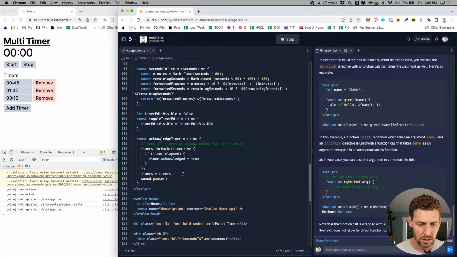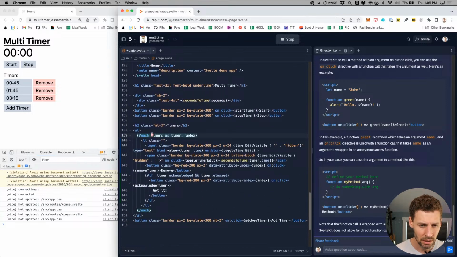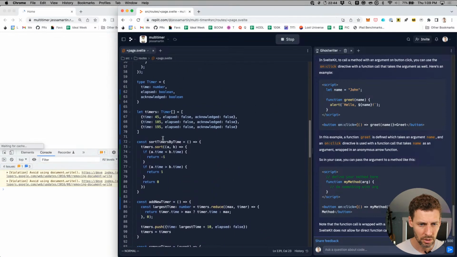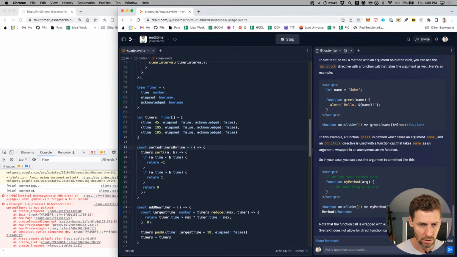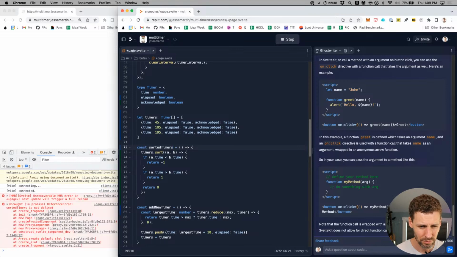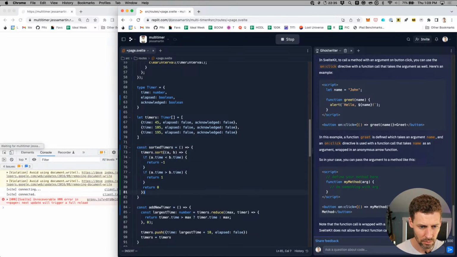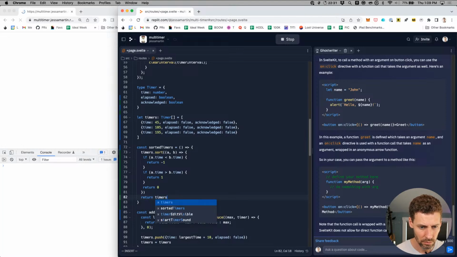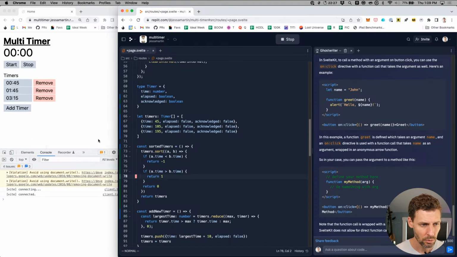So it would be ideal to actually output them here. Oh, I guess I could do this, sorted timers. That's what we'll do. I'll have that return timers.